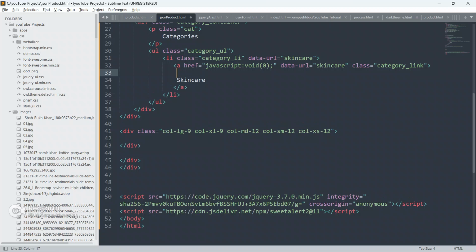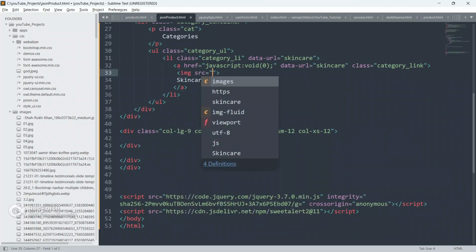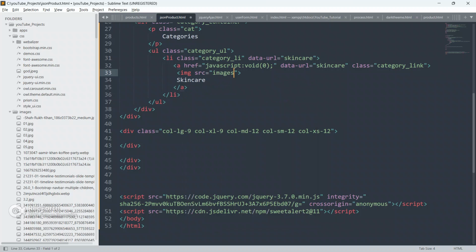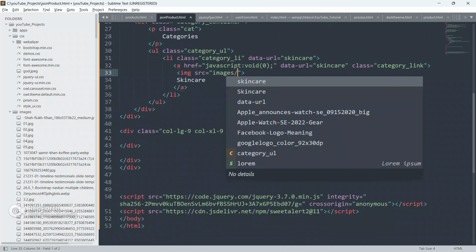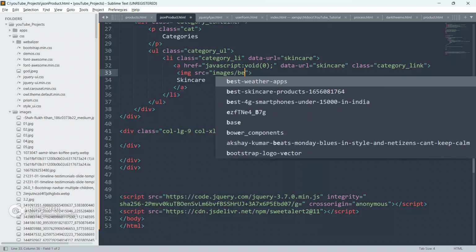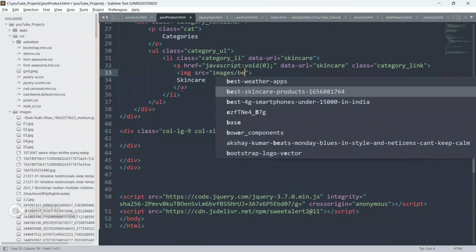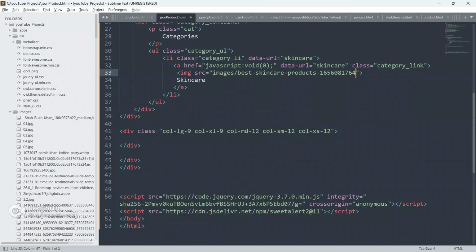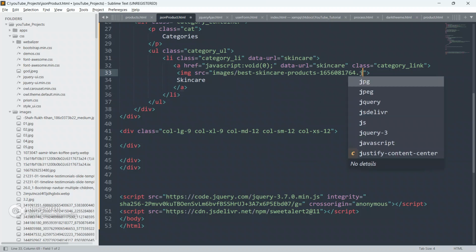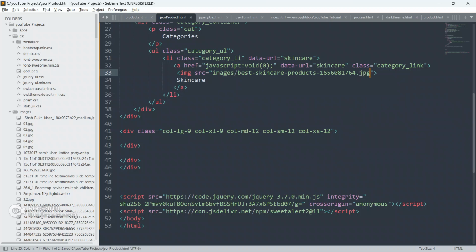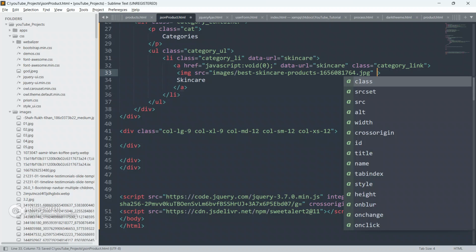And we have to put images also, guys. So create img tag here, give src images, and give best skincare product dot jpg.